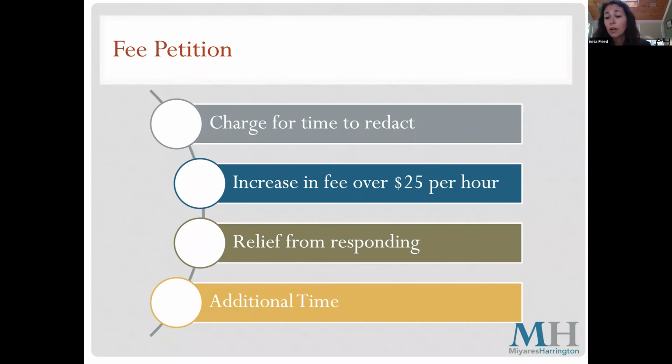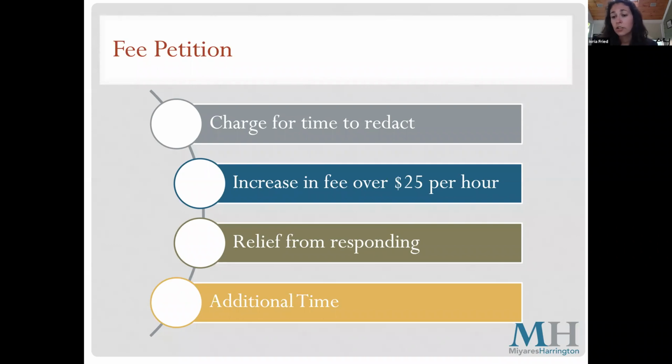So Exemption O allows the town to withhold an appointed employee's personal phone number, but the town can choose to release that number if it wants. That's a discretionary exemption. And so in the eyes of the supervisor of public records, they view that as a redaction that is not required by law. So basically, the difference here is that if you're going to be reviewing documents and redacting documents for any of the exemptions other than Exemption A, you need permission from the supervisor to charge fees.